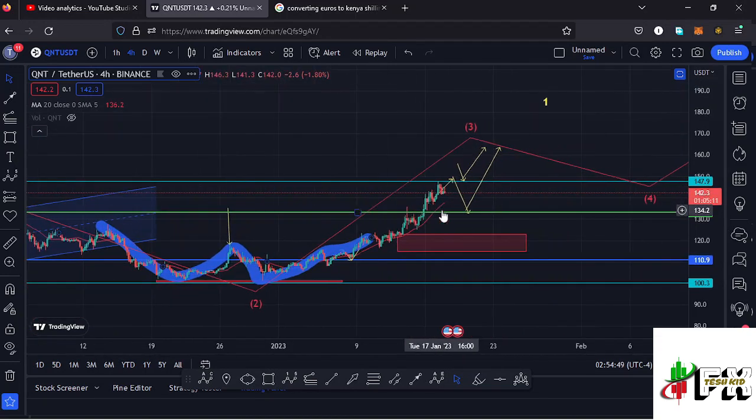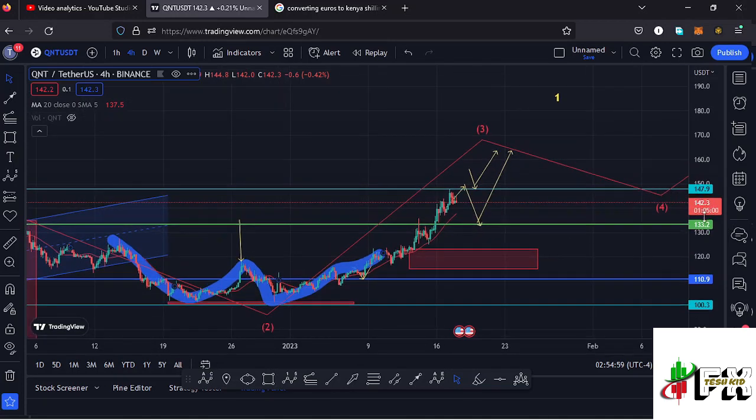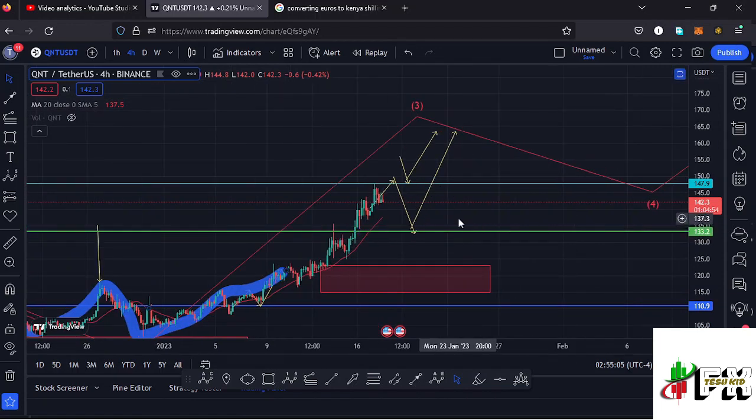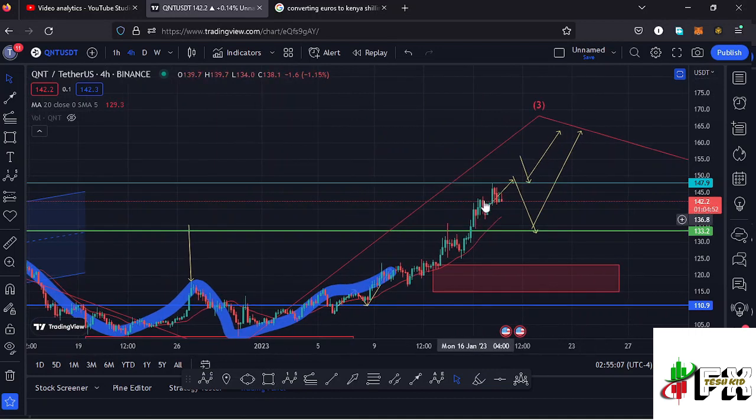And in my previous video, I said that I was expecting Quant to continue holding above the key area of support at around the $133.2 mark for us to continue seeing higher prices, and that happened. And we also tried to face a key area of resistance at around the $147.9 mark, but you can see as we tried to have a breakout above that key area of resistance, the breakout was not a success,